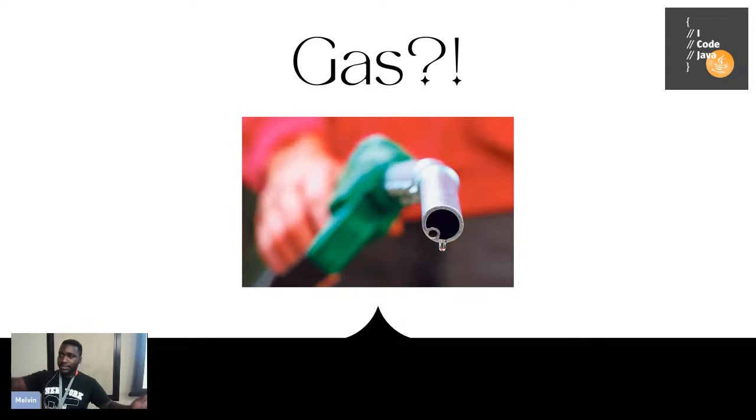And then once the contract is there, you need someone to actually view if they exist on the title deed system. Maybe they're going to put in a certain ID and then view if they exist there. That's gas as well. That will be computed by someone else, and so on and so forth. So that gas is used to compute information on the network. We can look at gas as the electricity of the network. We use electricity for our computers, and we require gas for computing on this network.